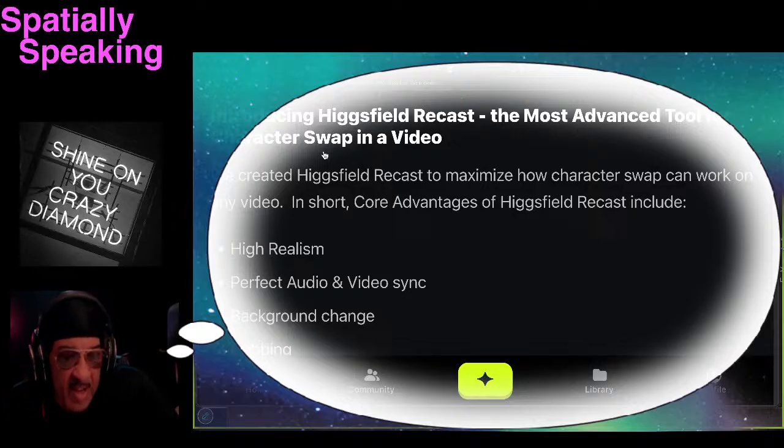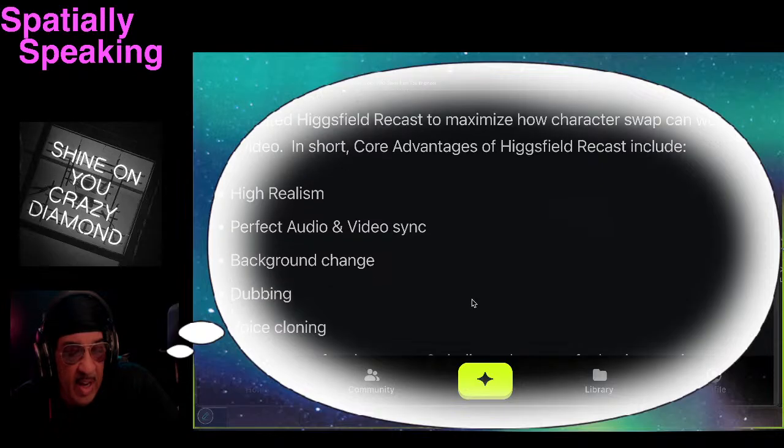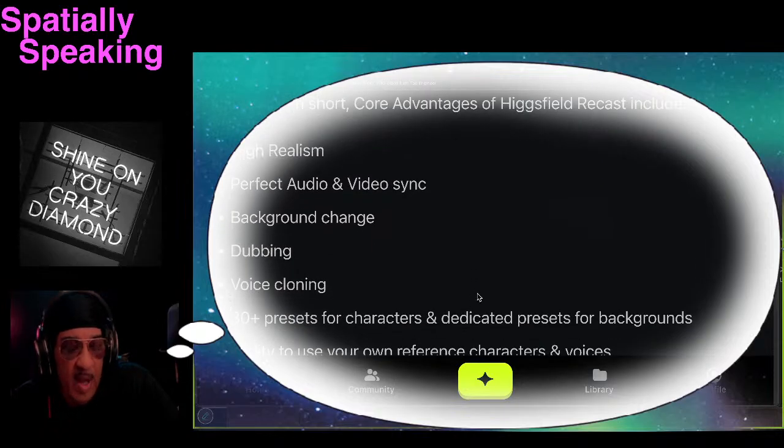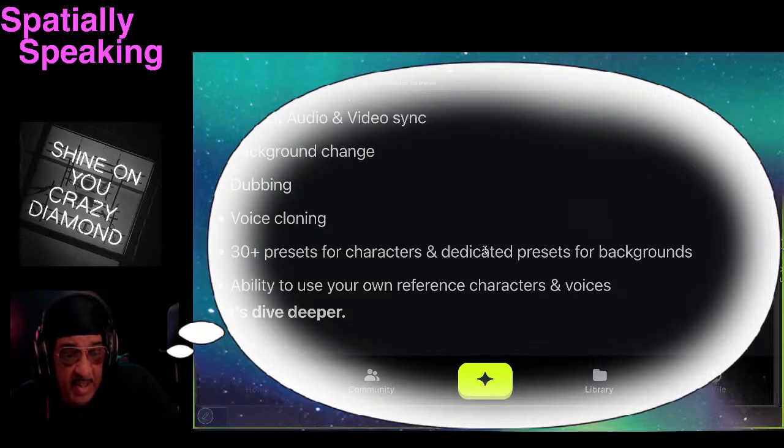In short, core advantages of Higgsfield Recast include high realism, perfect audio and video sync, background change, dubbing, voice cloning, 30 plus presets for characters and dedicated presets for backgrounds, ability to use your own reference characters and voices, and